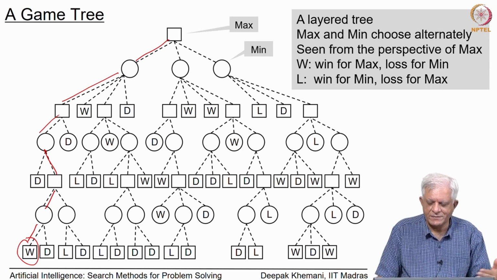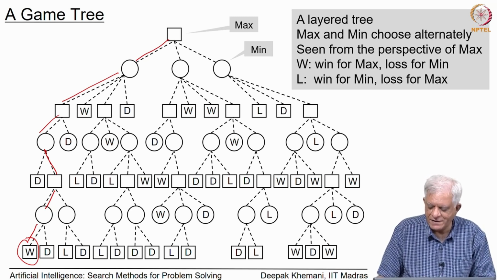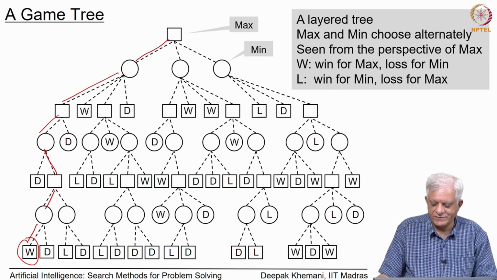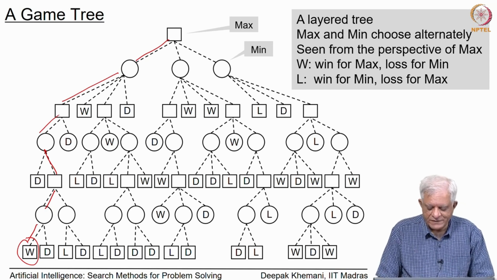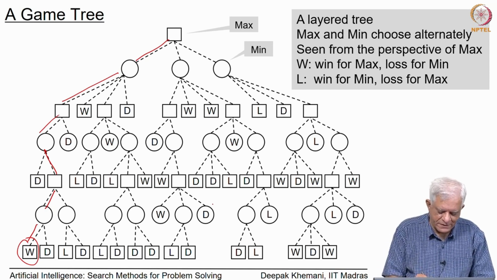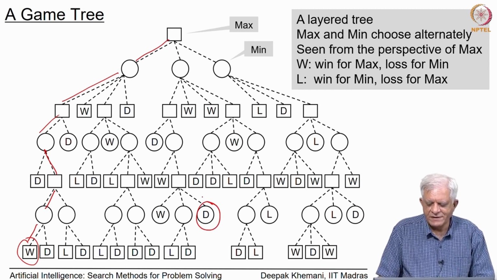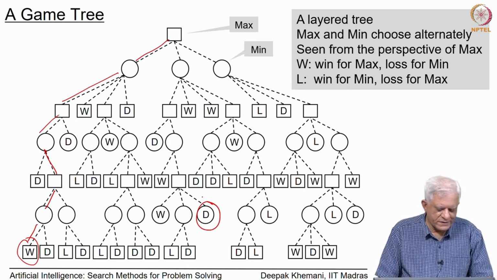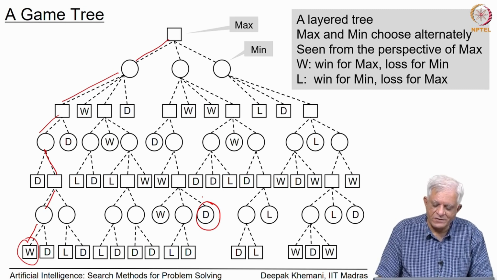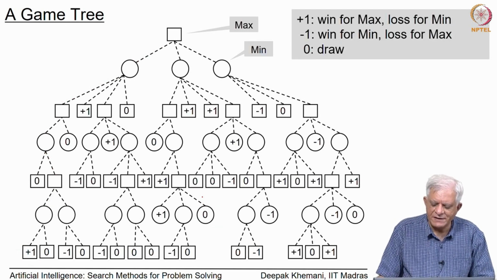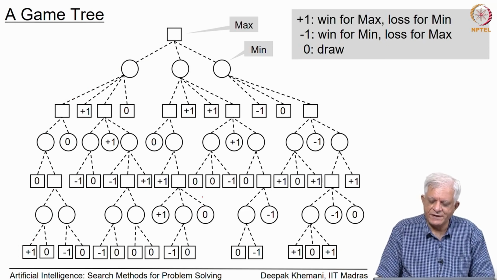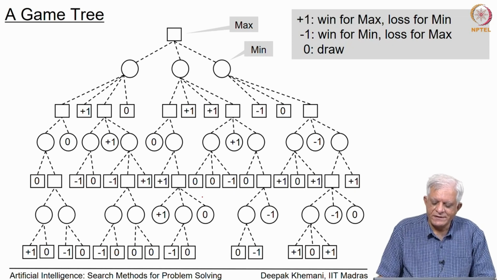So, if we had ended up in a leaf node which is labeled L, that would mean that Min has won the game. And we have a third possible outcome, which is for example here, D, which stands for a draw, which means neither side has won essentially. To quantify the payoffs, we can sometimes label them with +1 for Max, -1 for Min and 0 for a draw. So you can see that the total payoff is, if one of the sides wins, it is +1 and -1